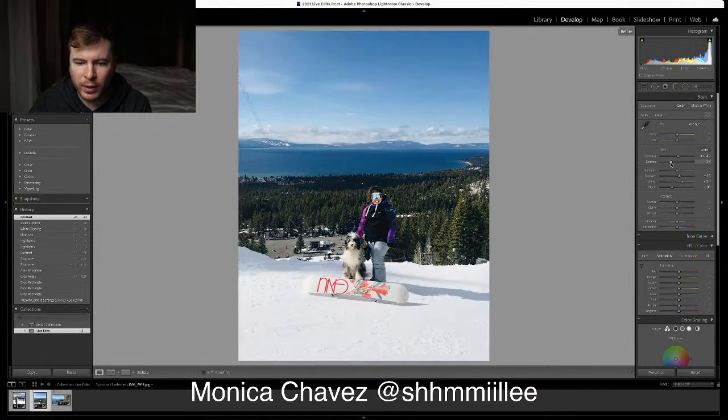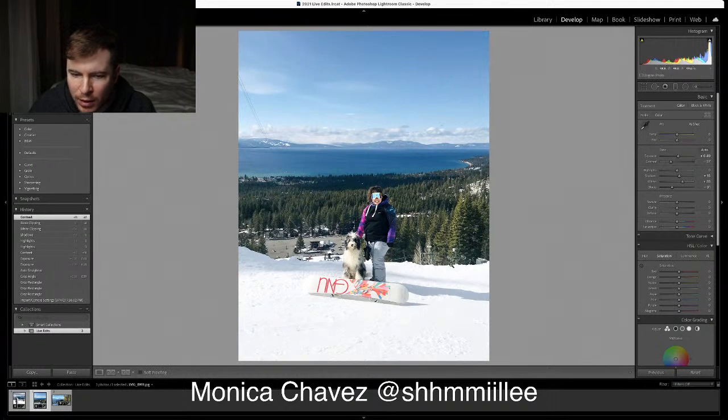So real quick, before, after, just really brightening up the image again. That's really all that's happening here. Just making it nice and bright. And then for this one,